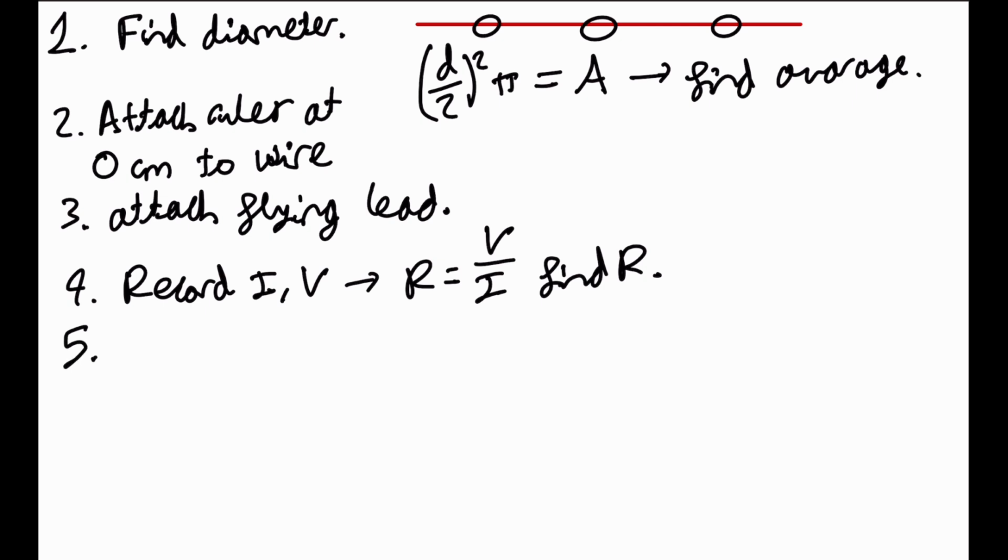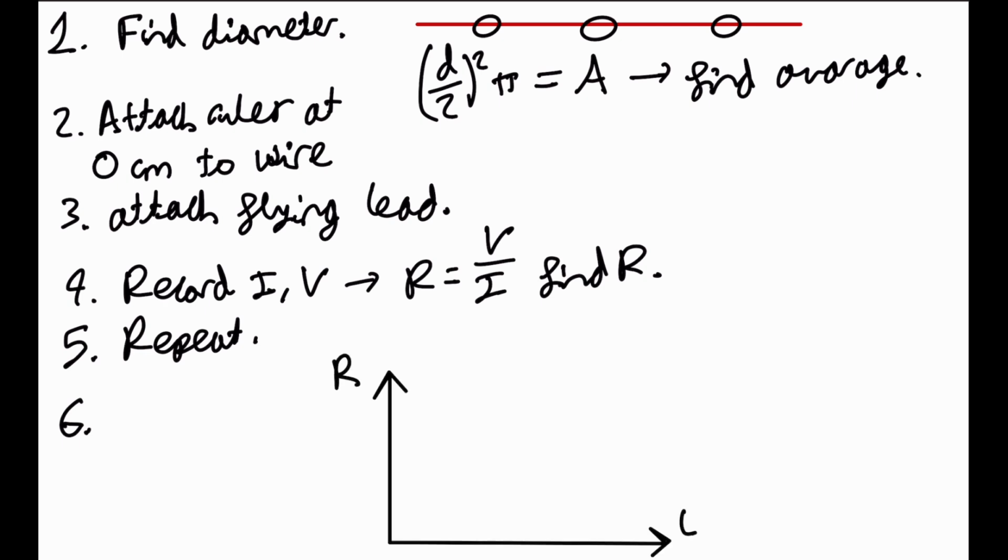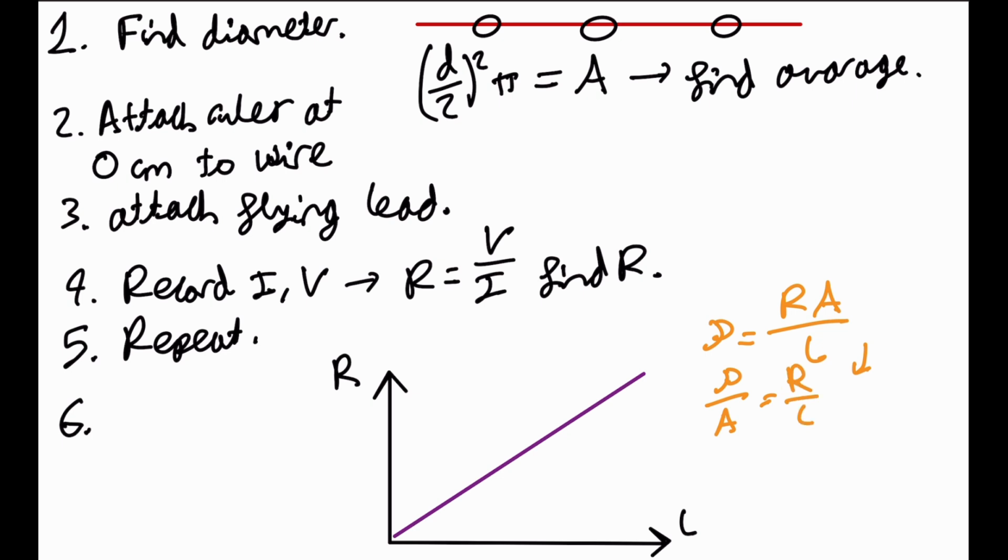Then we will repeat this for several different lengths, and we will plot the results on a graph which looks something like this. You would have resistance against length, and the graph would be something like a straight line like this. And using the equation of resistivity, which is rho is equal to RA over L, we can rearrange this equation to get R over L equals rho over A, which is the same as a gradient. We can just say rho is equal to the gradient